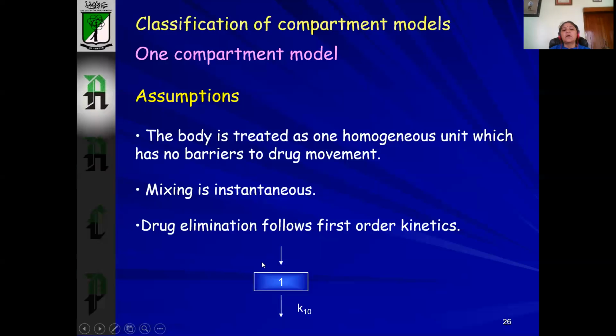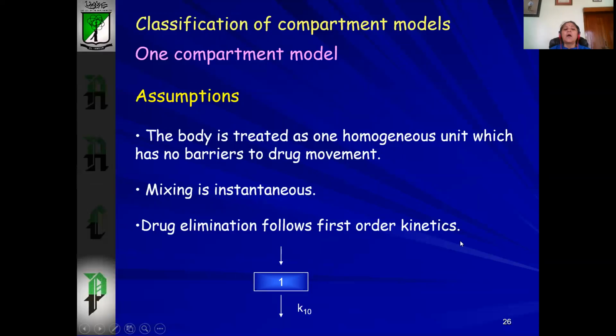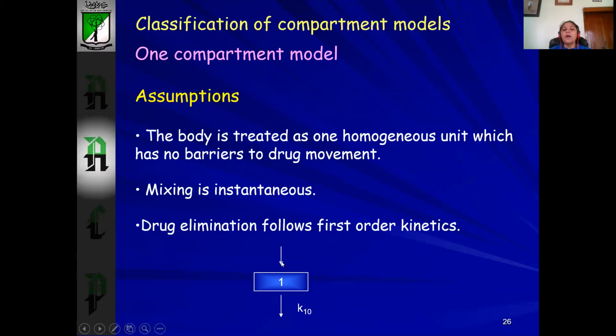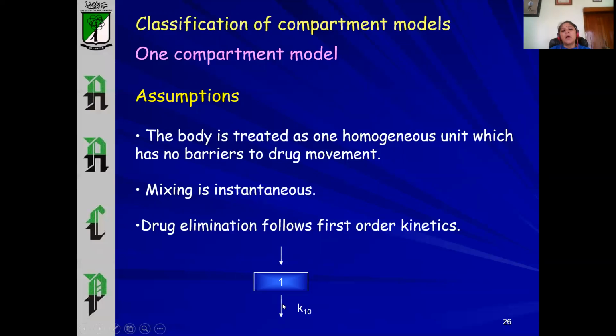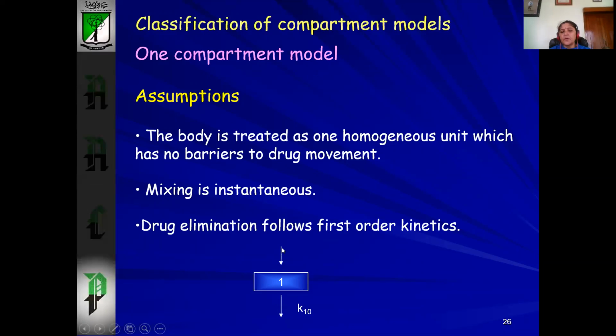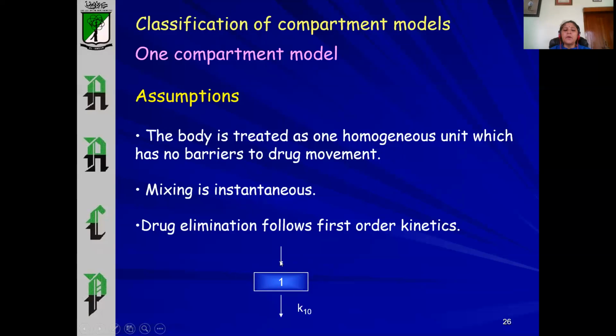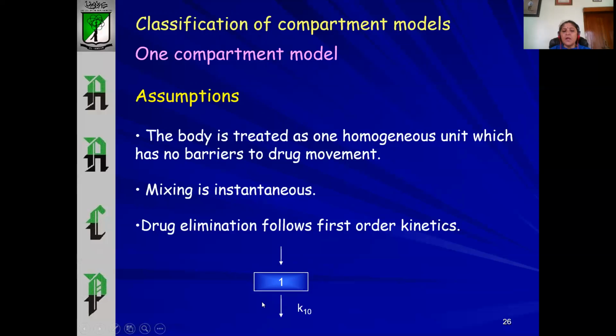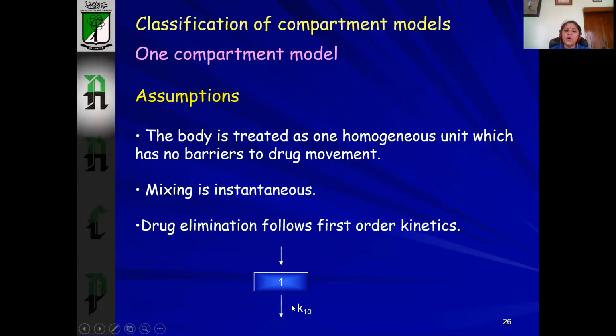What you see here, the compartment may be represented as either a rectangle or a triangle or a square. You have an arrow coming into the compartment and an arrow going out of the compartment. Since this is IV bolus, there is no rate of absorption here. So the drug is entering directly into the compartment and then it is getting eliminated after all the ADME processes have taken place. The last step, that is E, elimination, is from the system to outside, and that is K10.